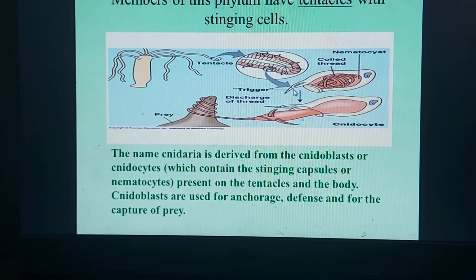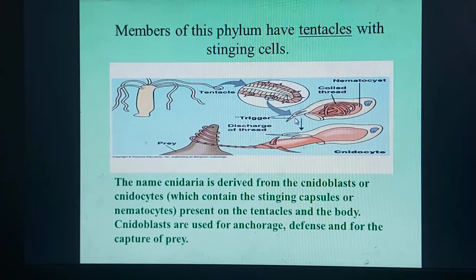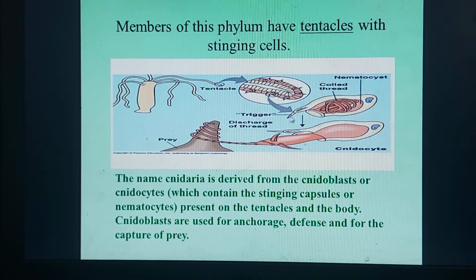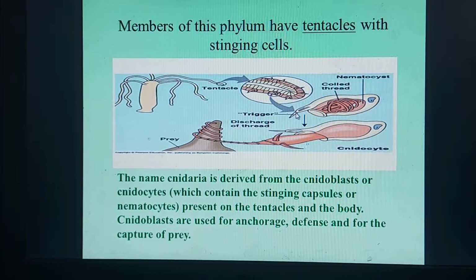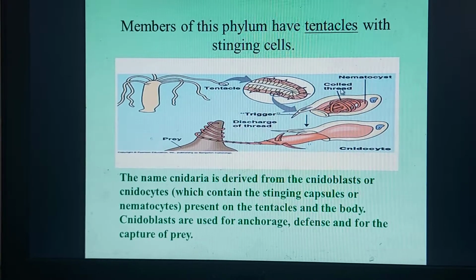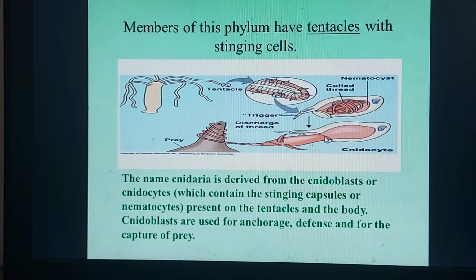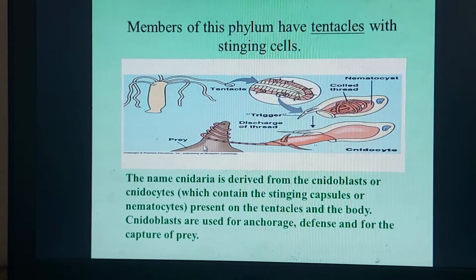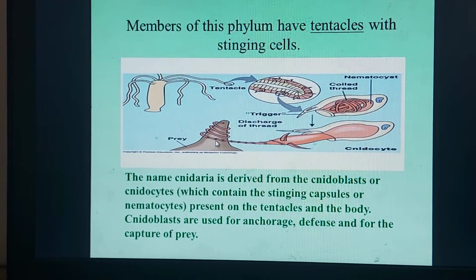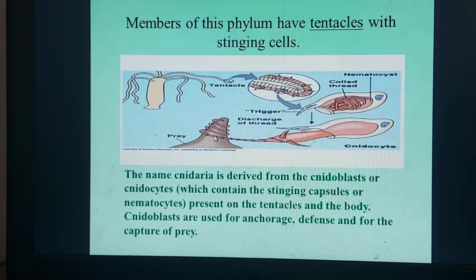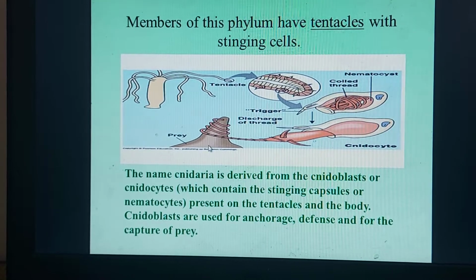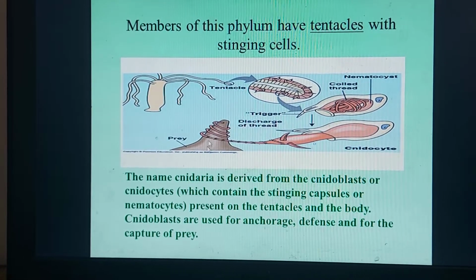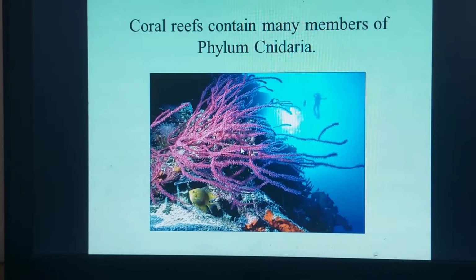So whenever any foreign organism or the prey or food particles come over there, this trigger will be activated, and as a result, this coiled thread will come out from this nematocyst as shown in this stage, and it will capture or kill its prey, and then finally capture that. Another important thing is the phylum Cnidaria is called Cnidaria because they have these cnidoblasts,